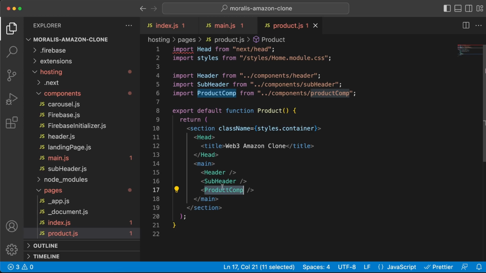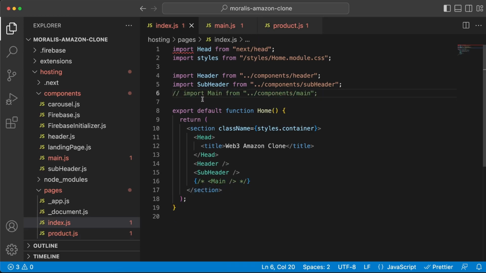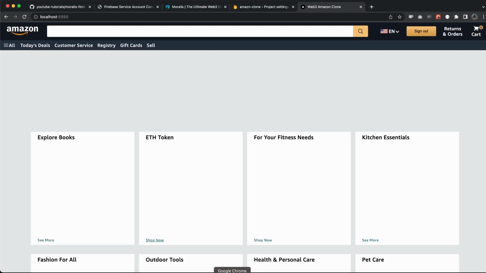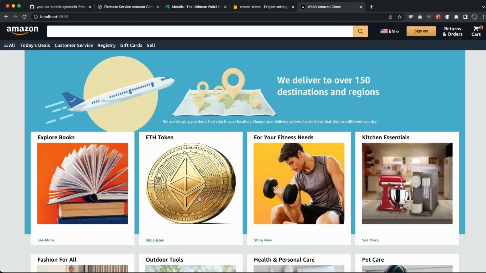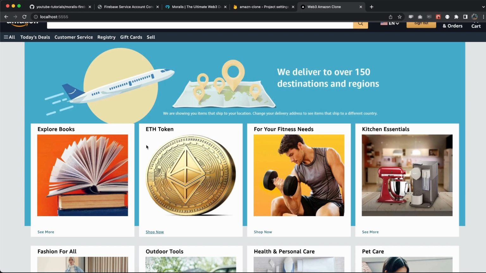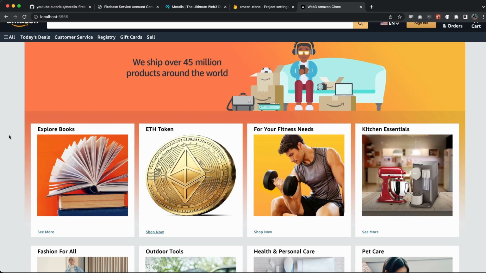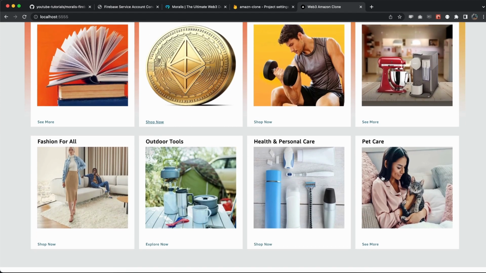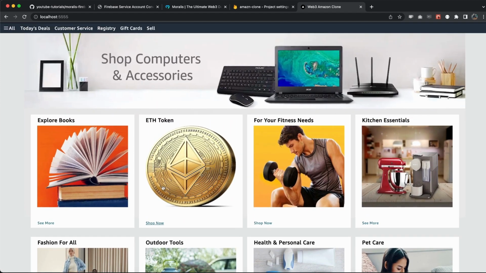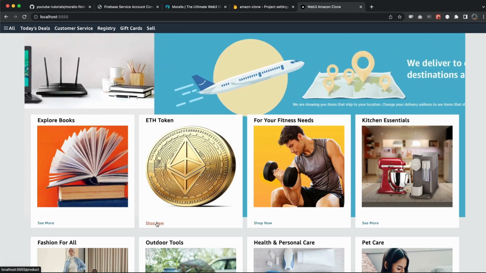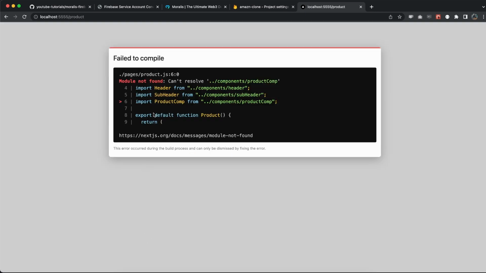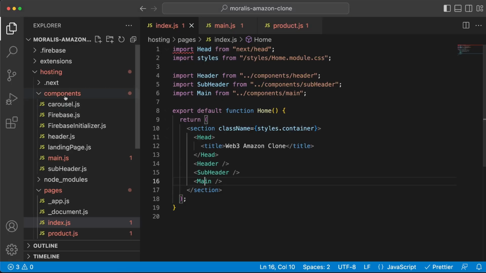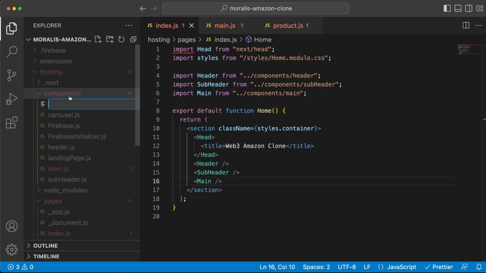But before we go on and do that, we can go into index.js and uncomment the main component right here. And we should actually be able to see all of the things we have created. So we have the carousel in the background, and then we have these different items that you can see right here that we can purchase. And we created this link right here. So for now, we're getting this error because we haven't created this component yet, and that's what we're gonna do next. So inside components folder, let's create a new one called